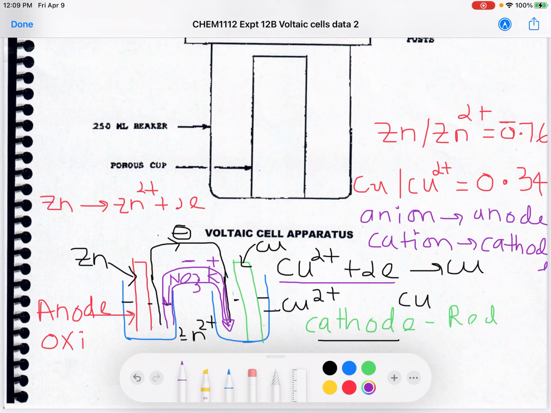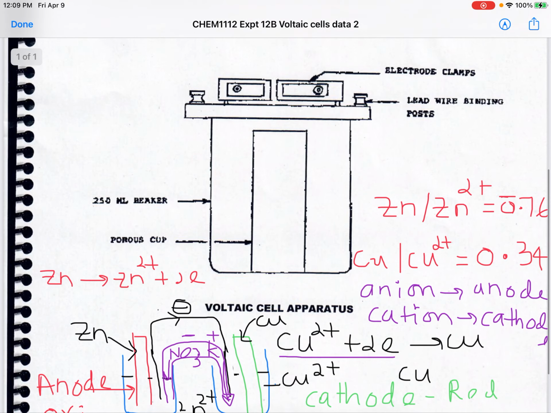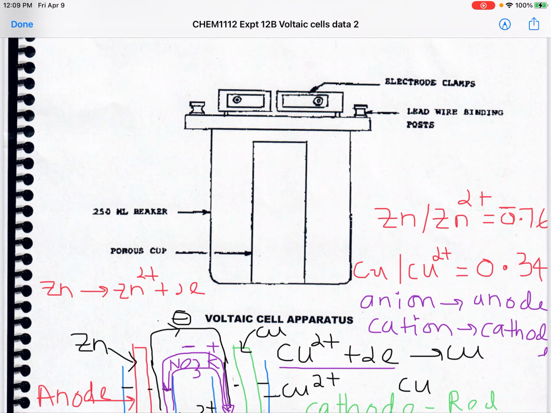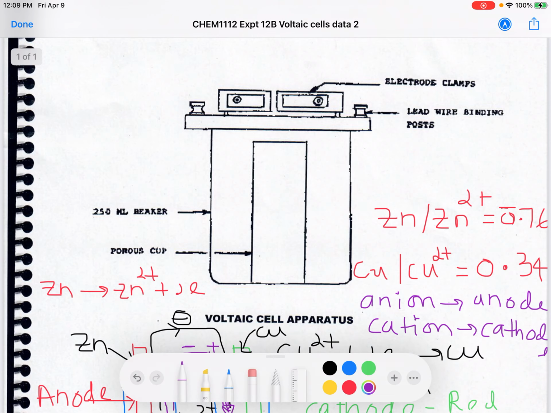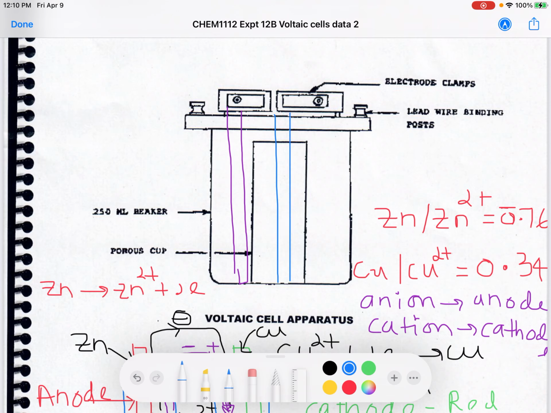Now what you see in your virtual lab, you will see all that in this container, because now they are again physically separated, but you have one container inside another container, right? So you can have one of the electrodes, remember you may have seen in your virtual video that you put one electrode here and then you clamp it, and then you put another electrode inside the inner container and then you clamp it, and this could be your cathode,